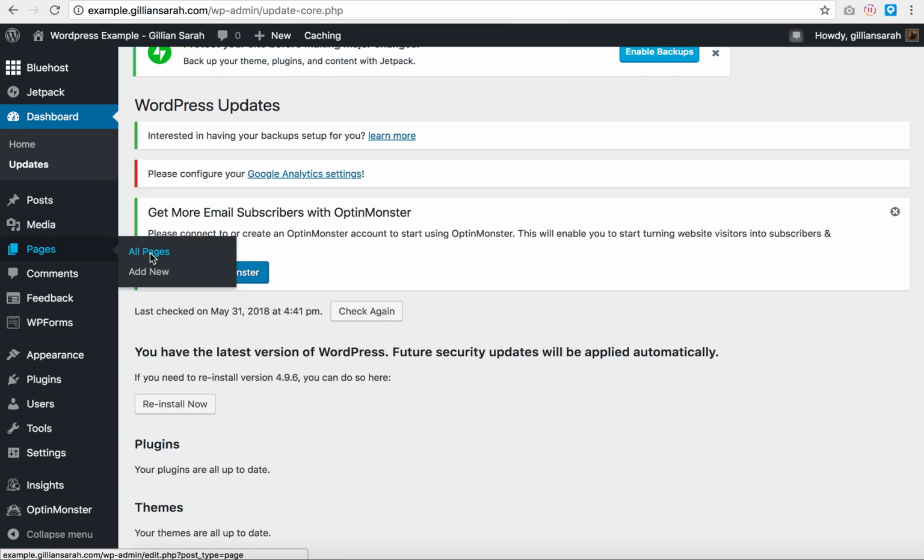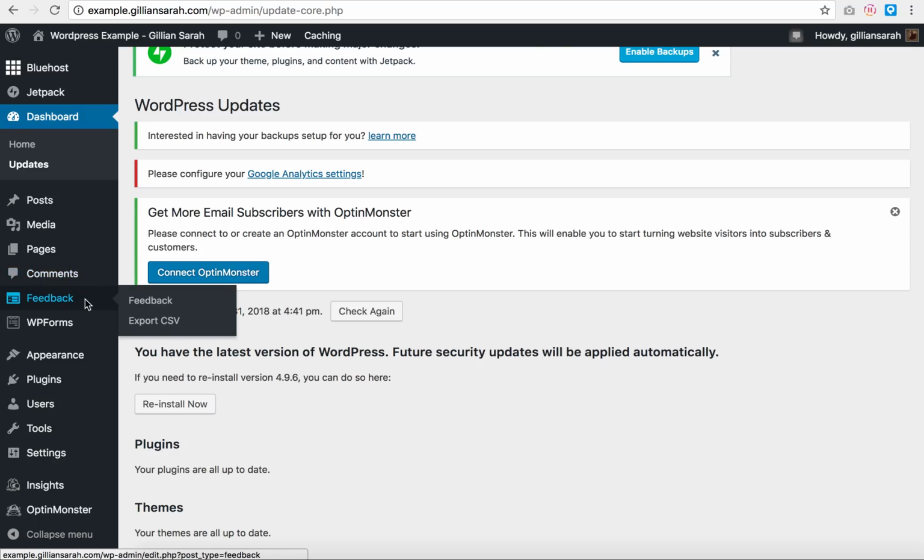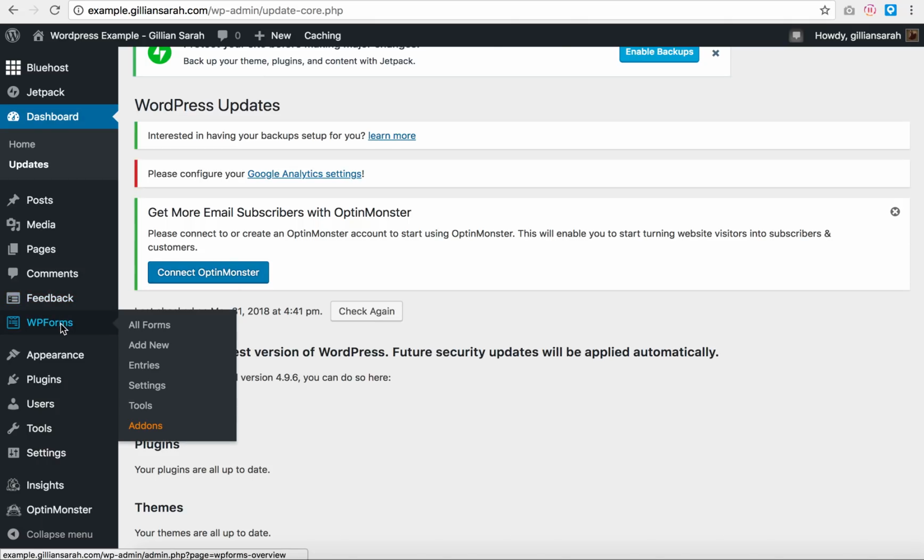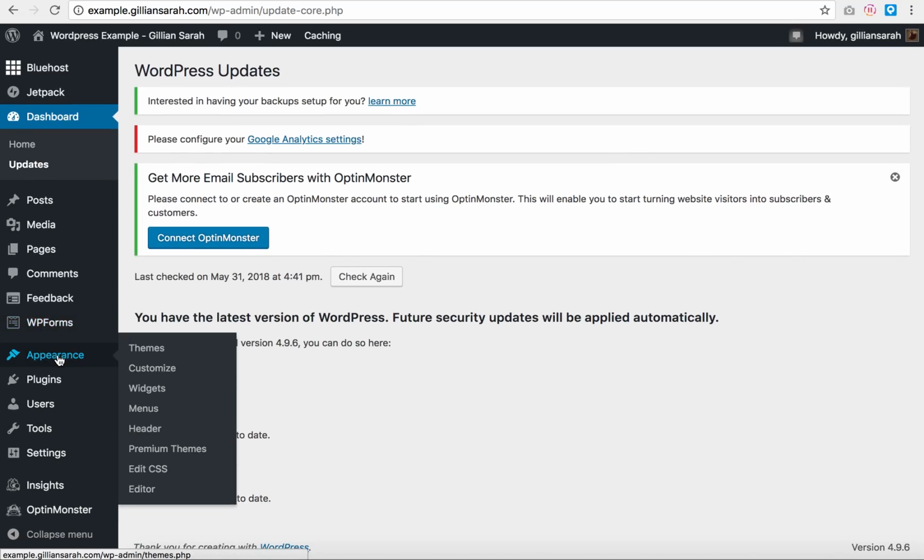Pages, you can see an overview of all the pages you have on your website. Comments, overview of all the comments on your blogs and things like that. Feedback, I don't really use that. WordPress forms, you can build contact forms, but the theme I'm going to use, we can do that through anyway, so we don't need to use that. Appearance is where we upload themes and we can edit code and stuff. I would not recommend pressing this button unless you really know what you're doing, otherwise you can seriously damage your